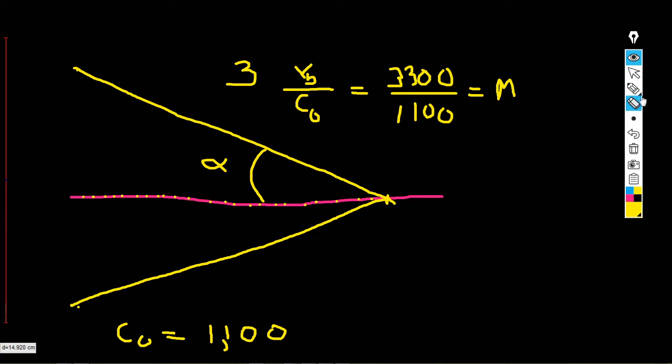M, which is the Mach number, is the ratio of the speed of the projectile divided by the speed of sound. So M equals VB over VC. And alpha, the angle there, is equal to the inverse sine